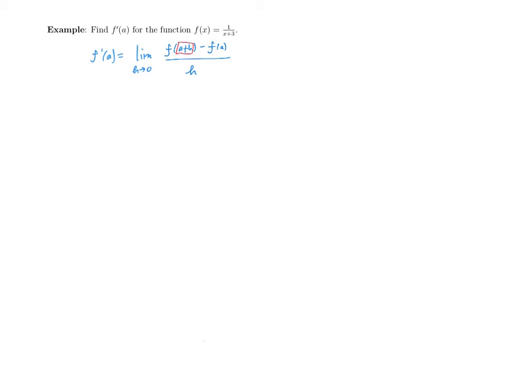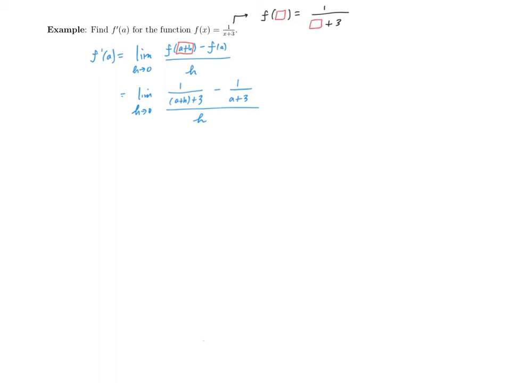And a really good way to think about this is to just simply replace your independent variable x with another symbol. In this case, I'm going to think of x as being represented by a blank space. So whatever goes into one of these blank spaces must go in the other ones. So in this case, this is the limit as h approaches 0 of f of a plus h. So that would be 1 over a plus h plus 3 minus f of a, which is 1 over a plus 3,